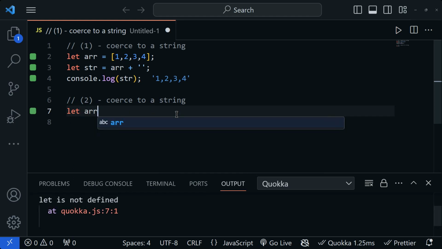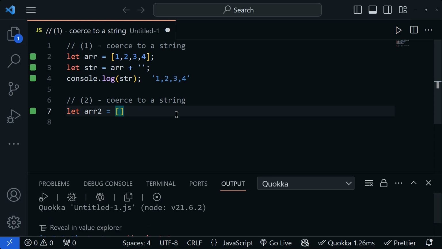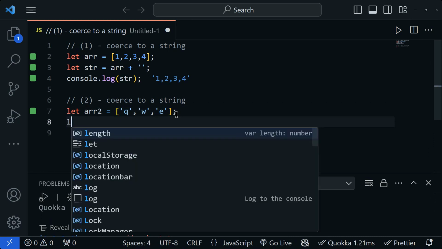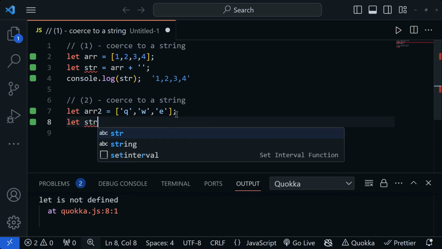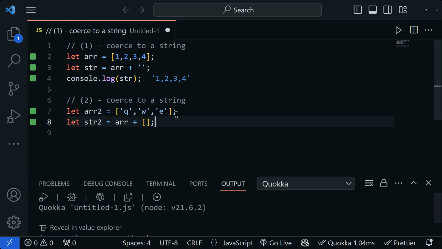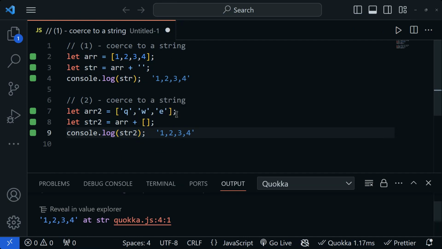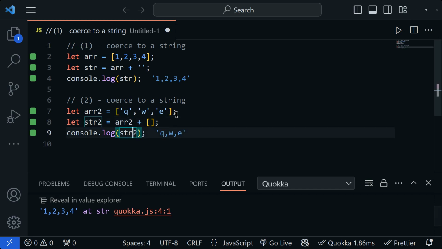Okay, so the next example is to coerce also to a string, but just slightly differently. So we'll set the ARR2 variable to, let's say, an array of letters. And now I'll just do let str2 equal to ARR plus an empty array. And now if I console.log str2, of course, I need to do this here, ARR2 plus empty array, and I'm indeed getting